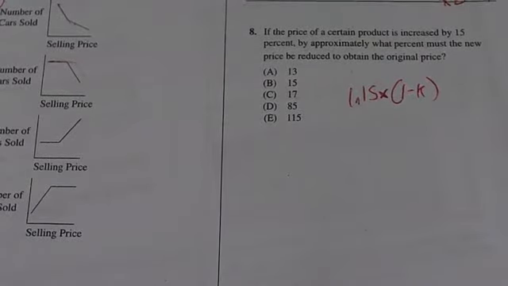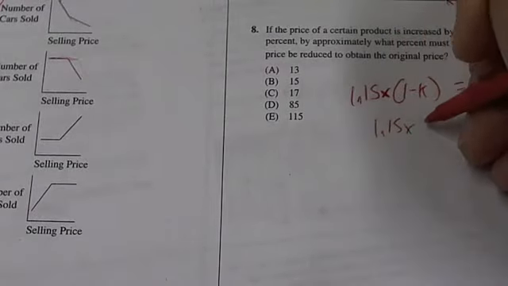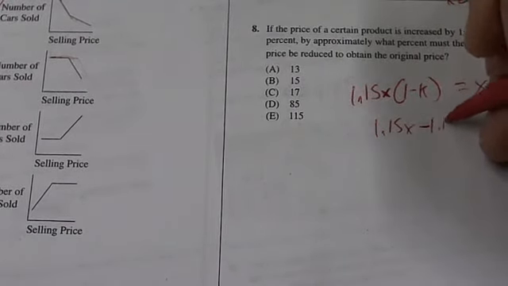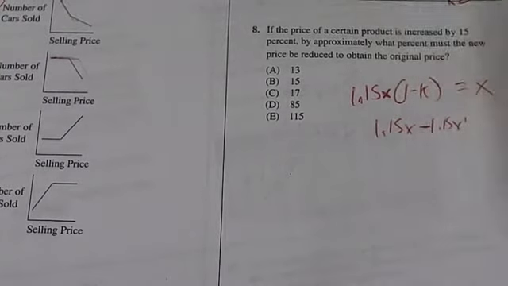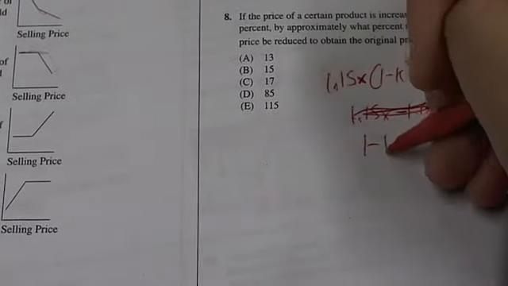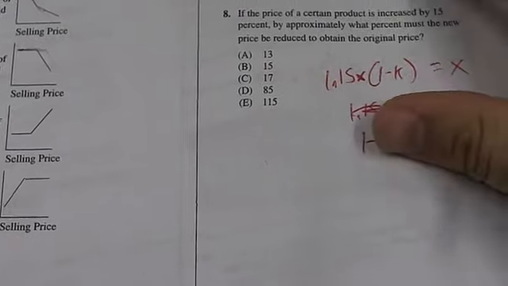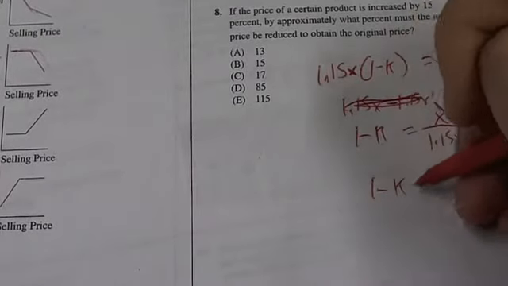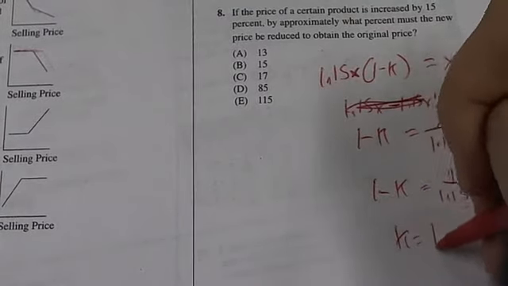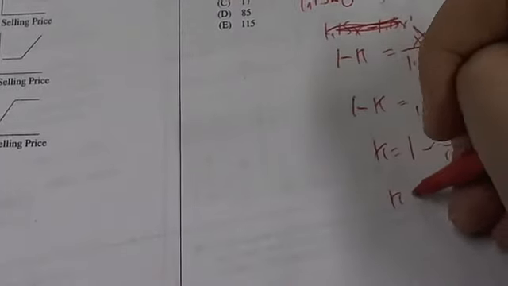1.15x times 1 minus k has to equal the original price, so x. So 1.15x times 1 minus k equals x. Oh, sorry, hold on. You divide both sides by 1.15x. So 1 minus k is equal to x over 1.15x. Alright. The x's cancel out. 1 minus k is equal to 1 over 1.15. k is equal to 1 minus 1 over 1.15. So k is equal to